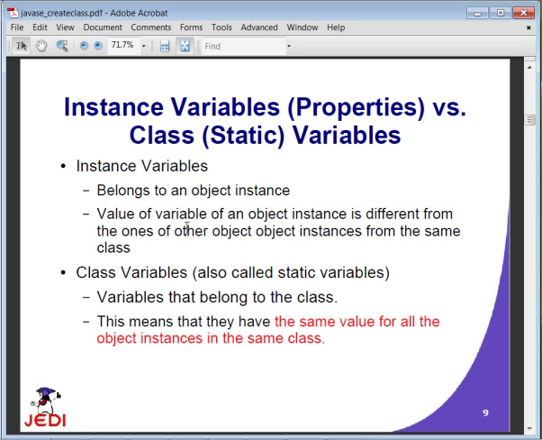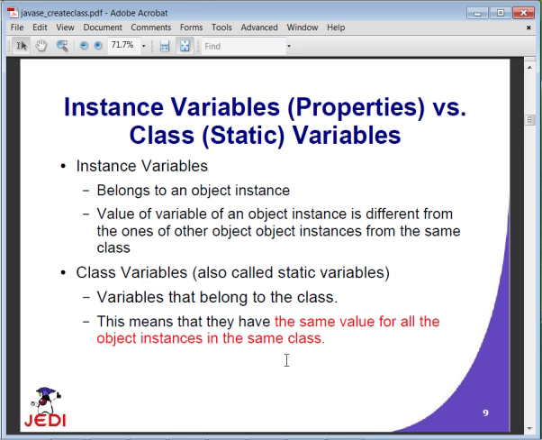Different object instances from the same class will have different values for those properties or fields. A class variable, however, is sometimes called a static variable. It belongs to a class, and all object instances in fact share the same class variable. So if you in fact change